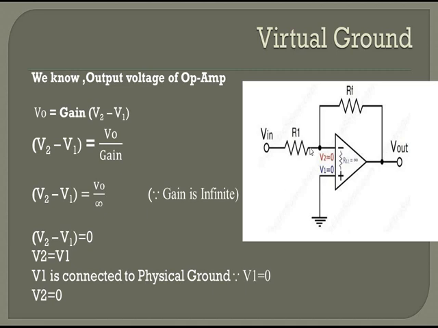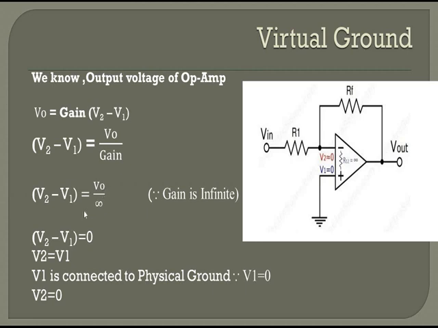But ideally we say that the op-amp has very high gain, meaning it gives very high output for the input. So the gain of the op-amp is infinite ideally. Putting gain equal to infinite in this equation,